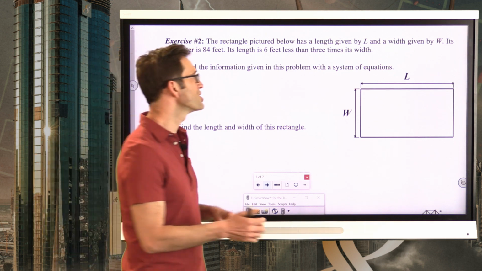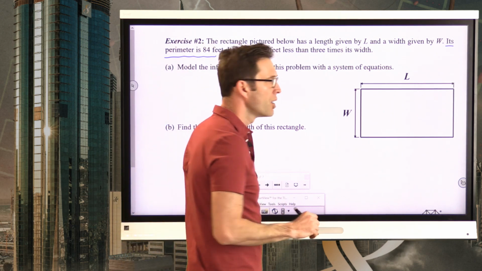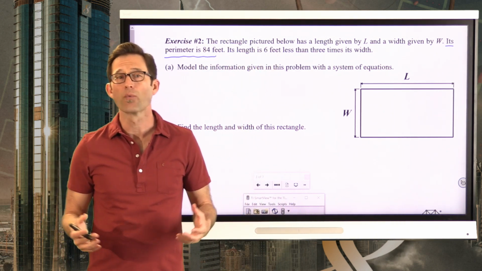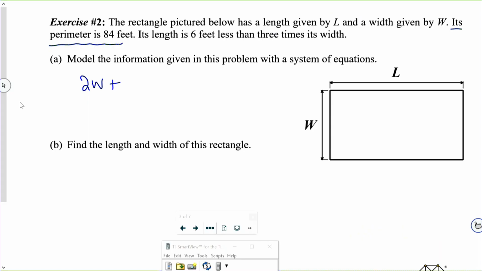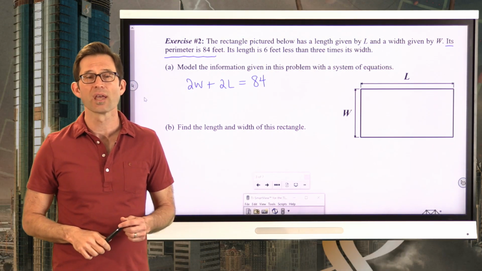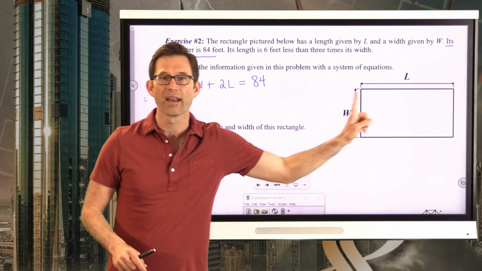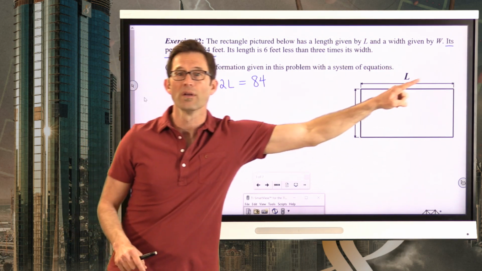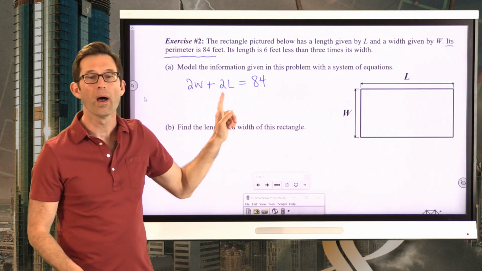All right, well, let's first take a look at the fact that we know that its perimeter is 84 feet. Well, how do you calculate the perimeter of any rectangle? You calculate it by taking twice the width plus twice the length. So twice the width plus twice the length must be equal to 84. Now, if you have W plus L equals 84, that's a little problematic, right? Because you don't find the perimeter by taking this side and adding it to that side. You've got a W plus a W, 2W, an L plus an L, 2L, and when I add them together,